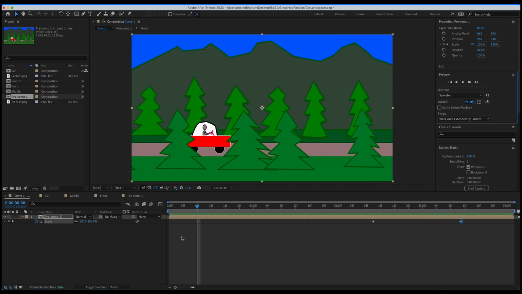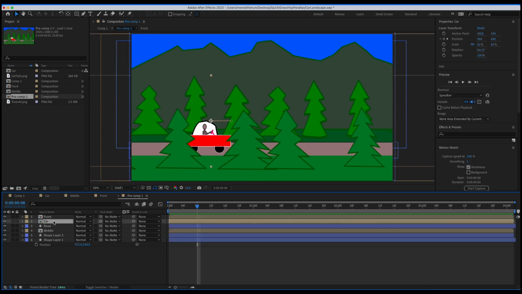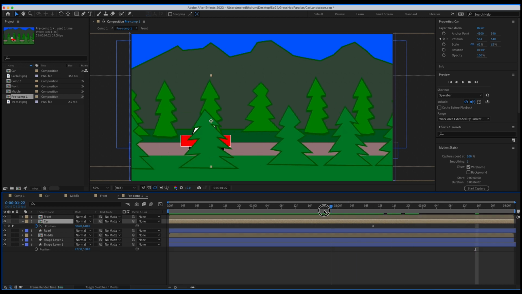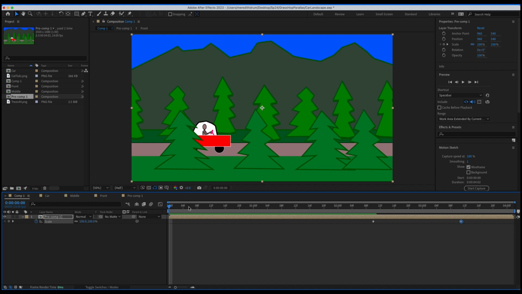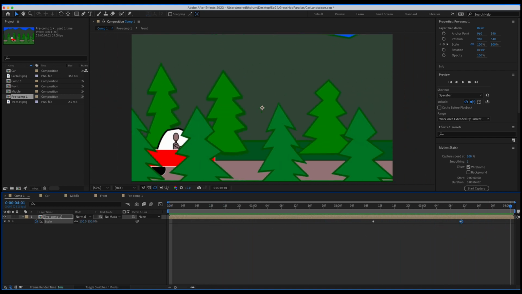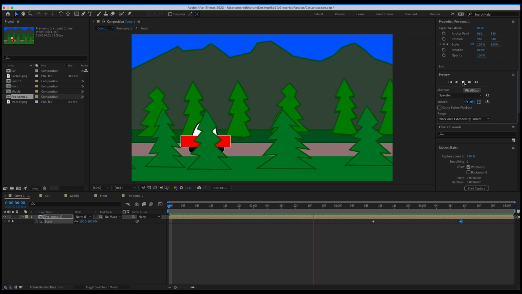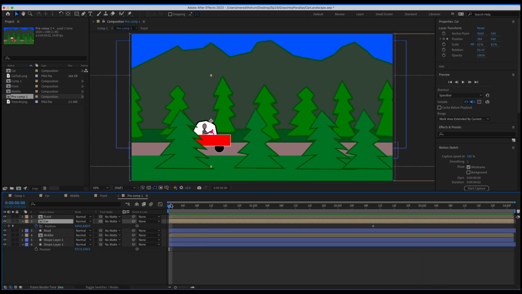Okay. And I also moved the car forward back here because I felt like it needed to position. Let's just take that out and I'll show you what I mean. So if that's where the car is in the beginning of the shot, let's go to the final shot. But if I do that, then the car looks funny over on its side, right? Because it just is too far to the left of the camera, right?